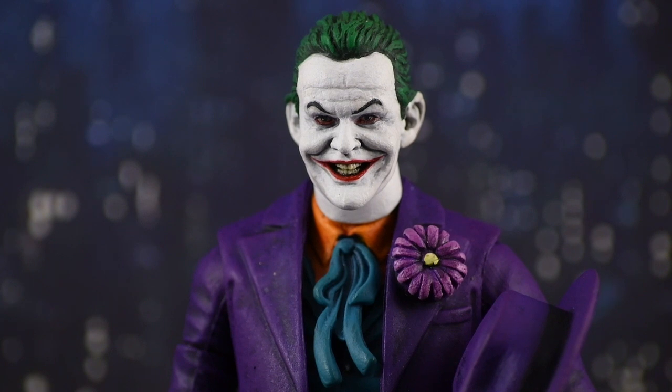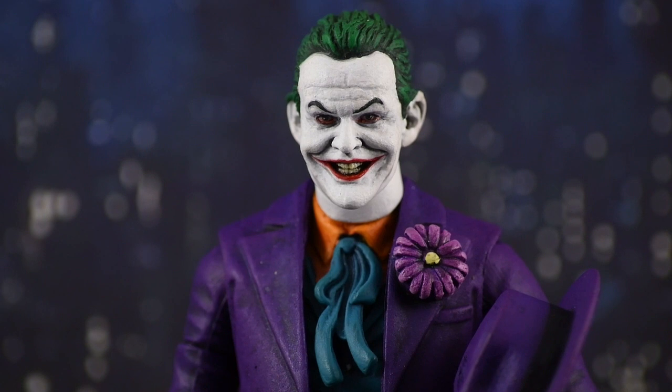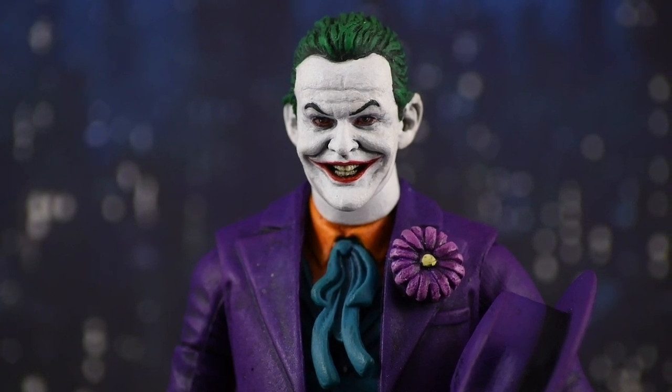So this is the fully custom head sculpt. Now I'm not really sure of the origin of this, but it's really good, and whoever did this did a hell of a job, because it looks exactly like Jack does machines. He does a hell of a job on his paint. You can see the different lines in the forehead,